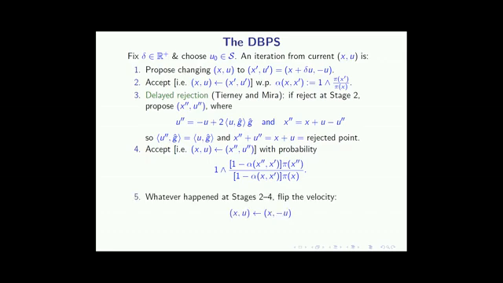And whether or not you accepted that, you flip at the end, so that you're not heading back towards the rejection point, but actually heading away. So that is the second reversible algorithm: two reversible kernels stuck together to give this non-reversible one. How does it differ then? There is actually a chance you'll reject, and you'll have to go back the way you started, which is not the Bouncy Particle Sampler.